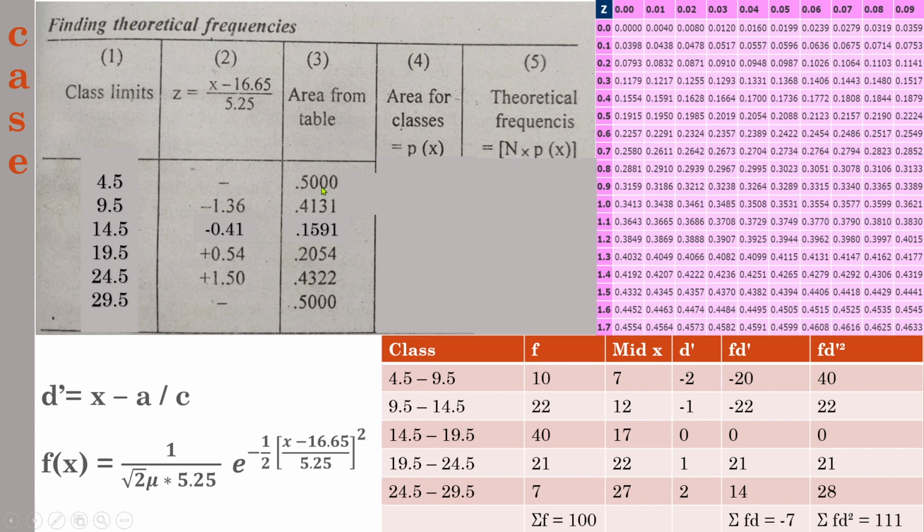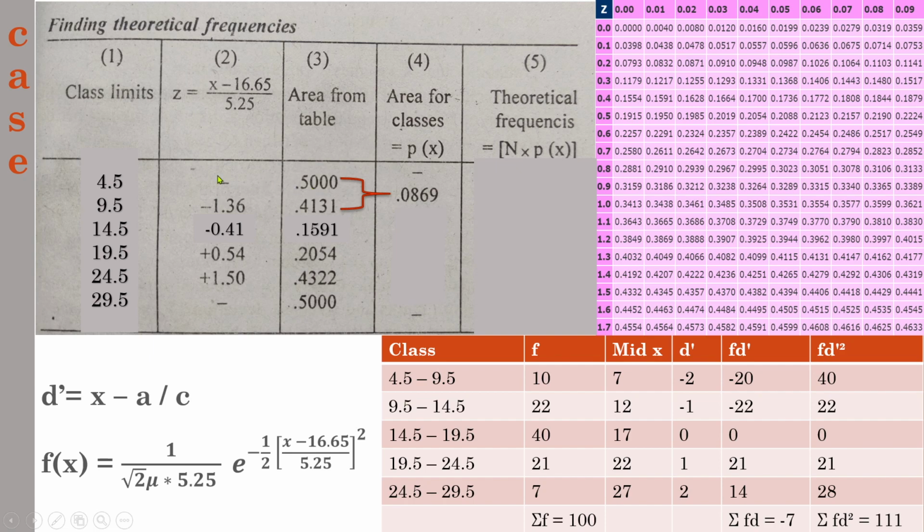So when two area values belong to the same side, how are we going to find the difference between those areas, or what is the area in between these 2 points? That is the exact meaning of that sentence. You need to take the difference between these 2 points, that is 0.5 minus 0.4131, you will get 0.0869. Why have we taken subtraction? Because these two points belong to the same side of the curve. Because here we have got minus 1.36 and here we have written 0.5. 0.5 means it is one end of the limit, that is the left hand side, that will be minus.